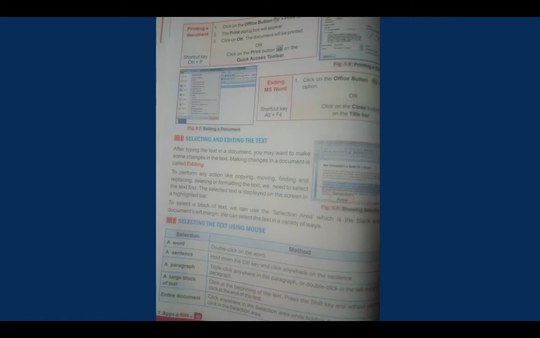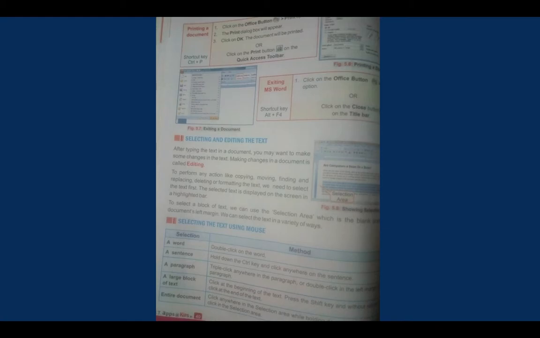Okay, you want to select the entire document. You have already learned to select the entire document. Shortcut key is Control A. A means all, select all. Control A means select all, right? So if you want to do with the help of a mouse and a keyboard, then how you can select? Click anywhere in the selection area while holding the control key, or triple click in the selection area, right? So very best and easy way is Control A, that is selecting all or selecting the entire document. Control A shortcut key is very easiest way to select the whole document, right?